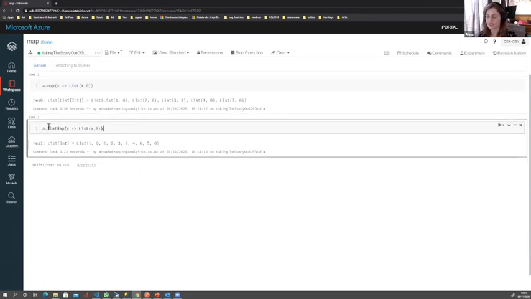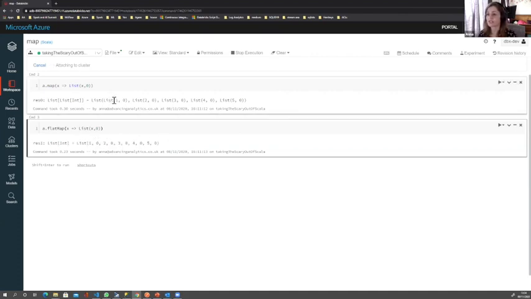So flatMap takes that list of lists and flattens it. It says, I've got a load of lists within a list, but I just want the list of numbers. So it flattens it all, it gets rid of the extra lists, and it returns us a list of 1, 0, 2, 0, 3, 0, 4, 0, 5, 0, because essentially that's all the values that we've got here. So hopefully you'll be able to see how this can be applied really nicely within your ETL transforms when working within data engineering and munging all of your data.